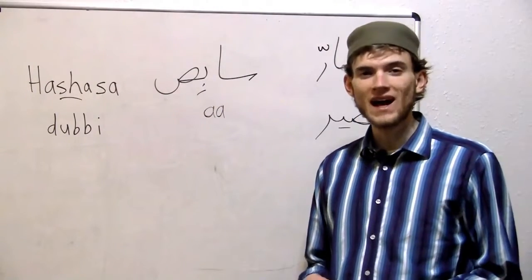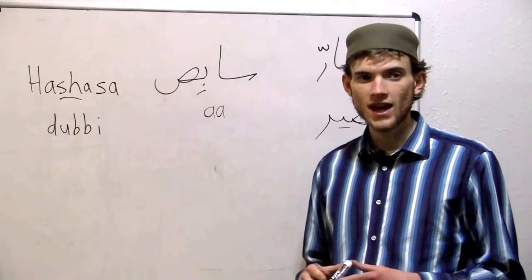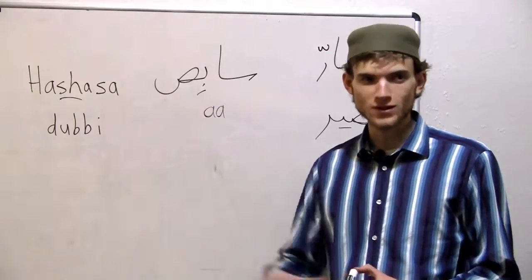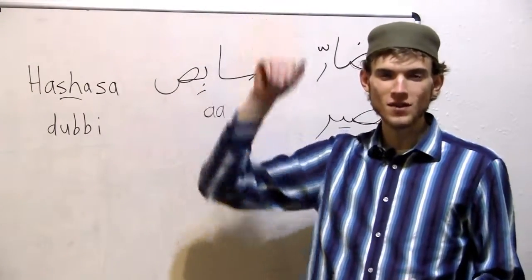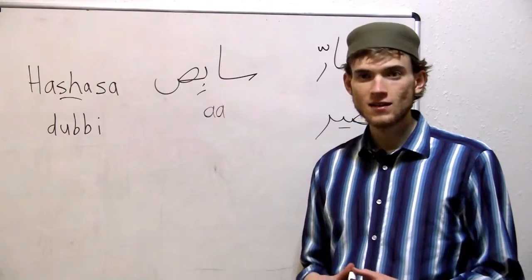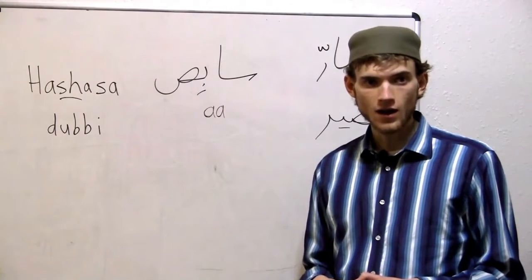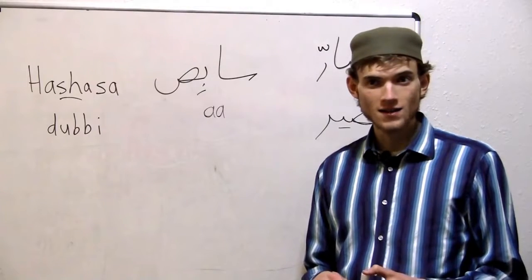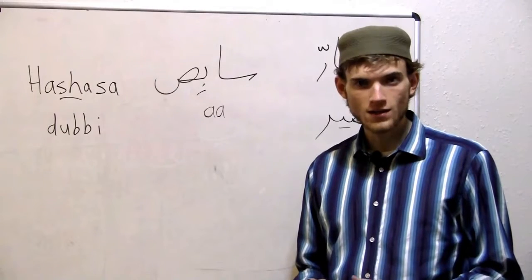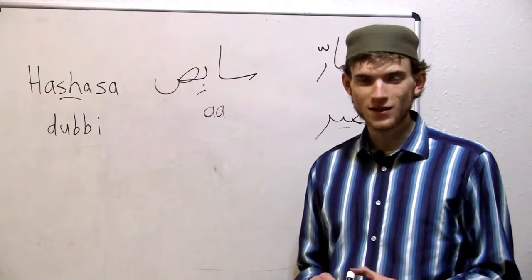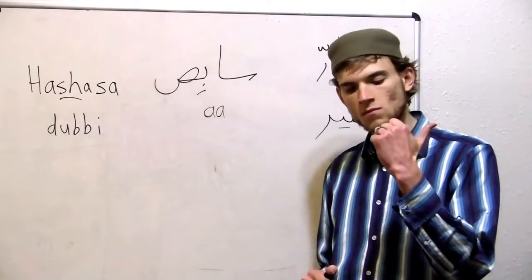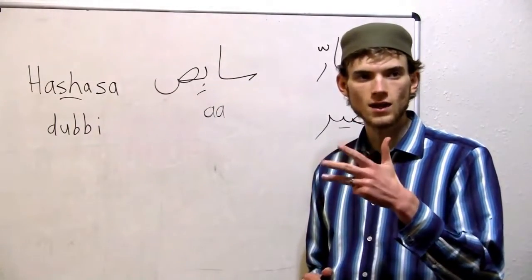Alif, ba, ta, tha, jim, ha, kha. Good. Kha, right? Because it's not kha, kha. Dal, zal, ra. Good. Zay, sin, shin, sad. Good. Dad. Okay, right. So far of the emphatic consonants we've had kha, ra, sad, and dad.